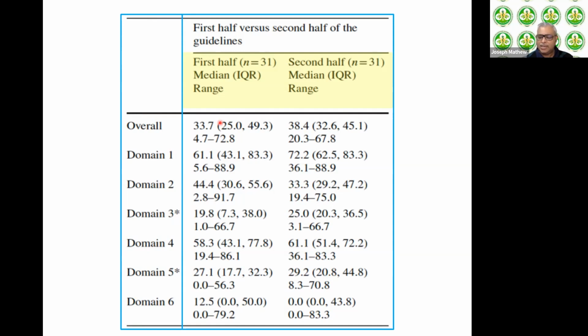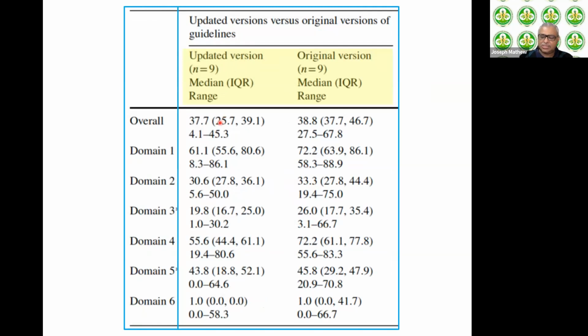Even more surprising was the fact that 9 of these 62 guidelines actually had updates, which means later in the pandemic, the same bodies produced updated versions of those guidelines. And even these updated guidelines did not meet the quality criteria. There were no statistically significant differences between the original versions and the updated versions. This is curious because the agencies which produce these guidelines are otherwise very prestigious and reputed. And there is some empiric evidence that for COVID, the overall quality of the guidelines seems to be even lower. In other words, we couldn't even rely on guidelines produced by prestigious agencies and available in the public domain because of these kinds of issues.